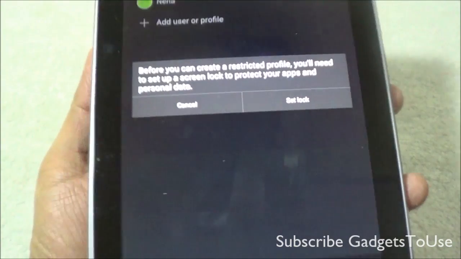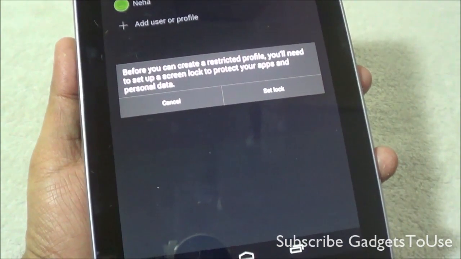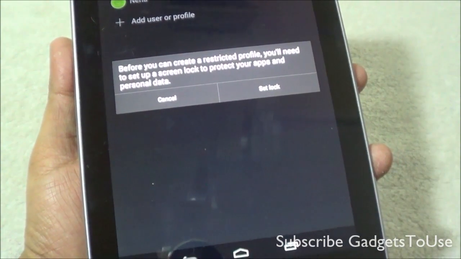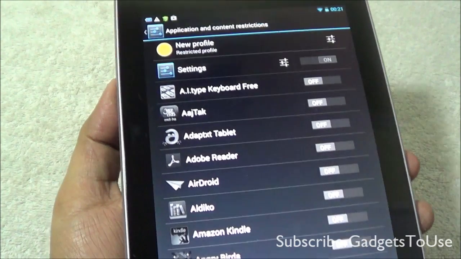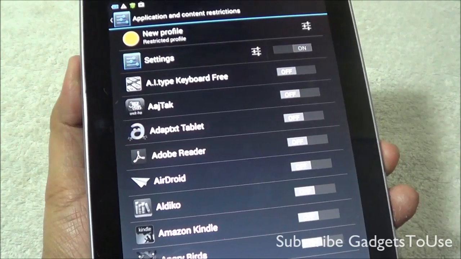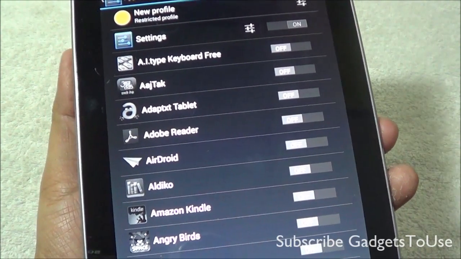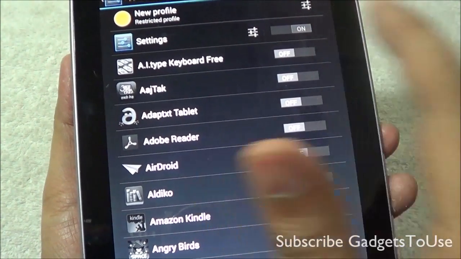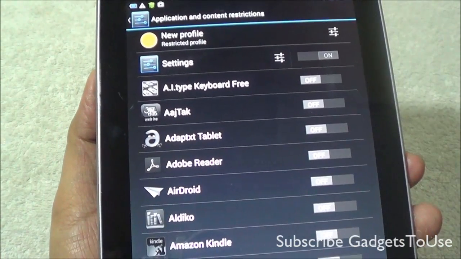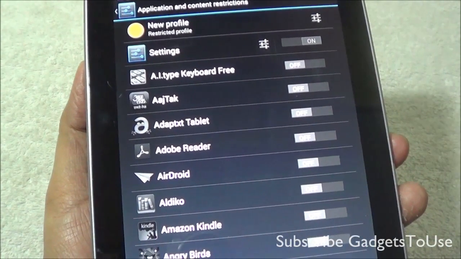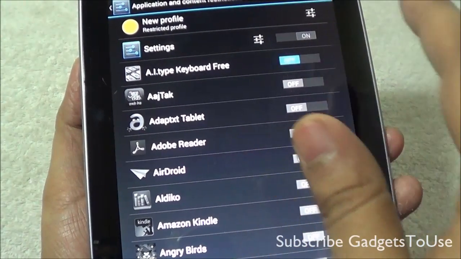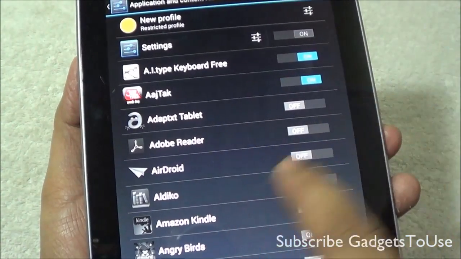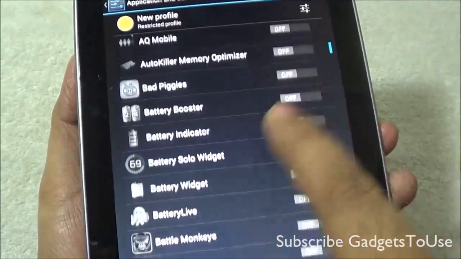If we select this profile, we first need to make sure that the device has a screen lock. Once you have set the lock, you can create this restricted profile in which you can specify whether the person using this tablet with the restricted profile should be able to access these applications or not, and then you can enable access to the applications which you have installed on the device.